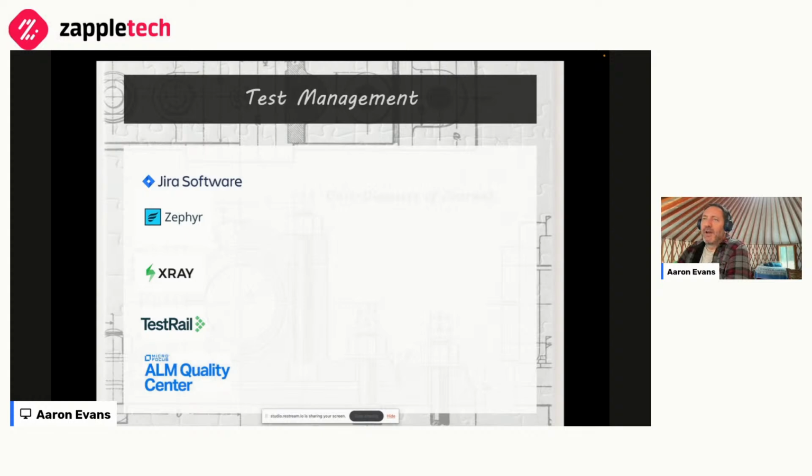And then there's the venerable tool, which I actually think is still one of the best. I did not love my time working with the Mercury tool, which was HP and now Micro Focus, the QTP, which is UFT QTP, I don't know. But Quality Center, which is also called ALM or ALM Quality Center now, another Mercury tool, is good for tracking requirements to tests. Its ability to run tests was geared towards working with QuickTest Pro.